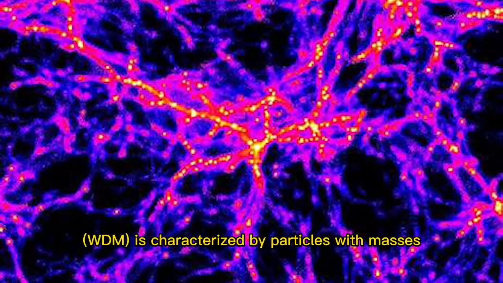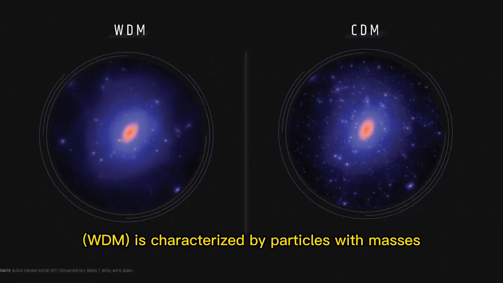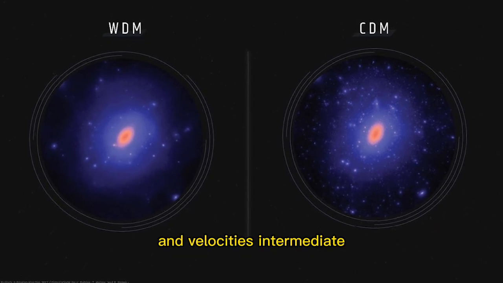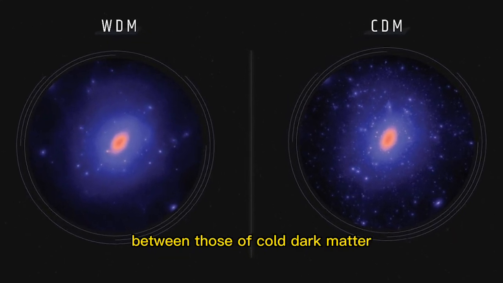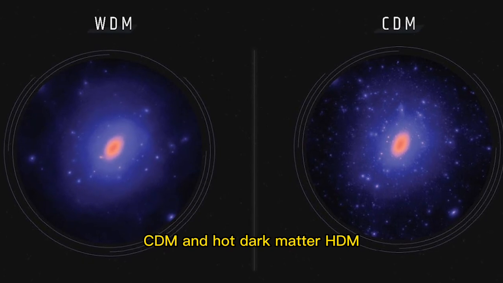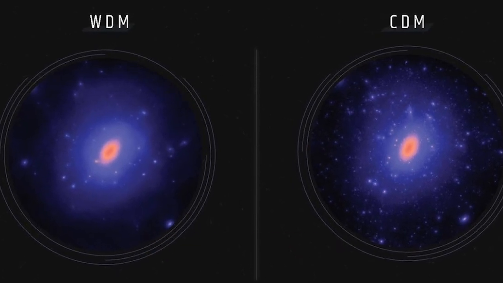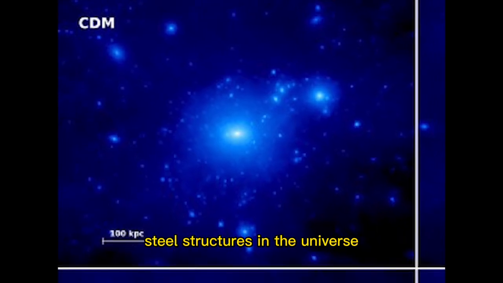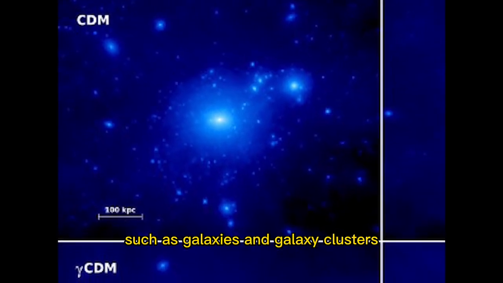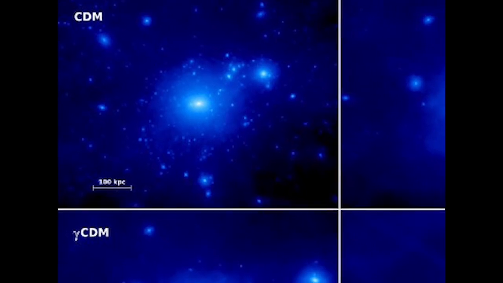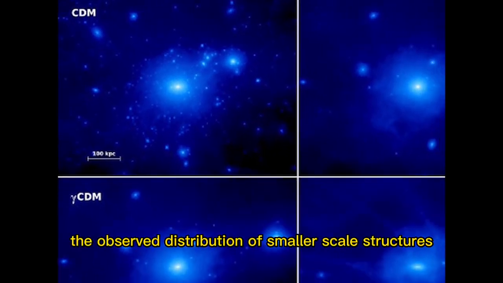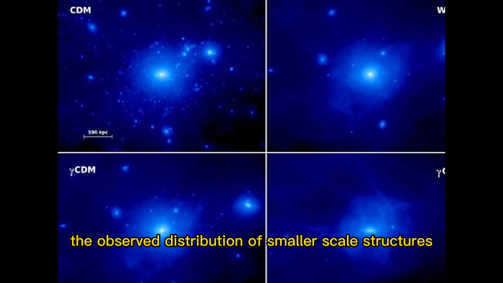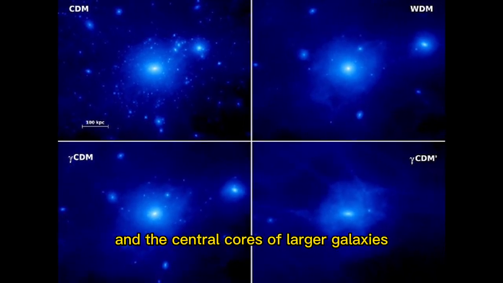Warm dark matter, WDM, is characterized by particles with masses and velocities intermediate between those of cold dark matter, CDM, and hot dark matter, HDM. The speed of WDM particles has an impact on the formation of large-scale structures in the universe, such as galaxies and galaxy clusters. WDM better explains the observed distribution of smaller-scale structures, such as dwarf galaxies and the central cores